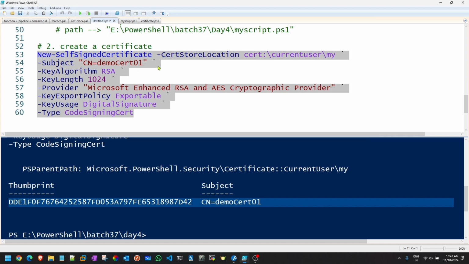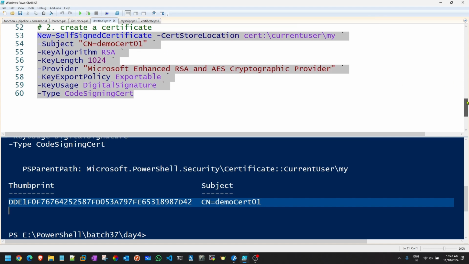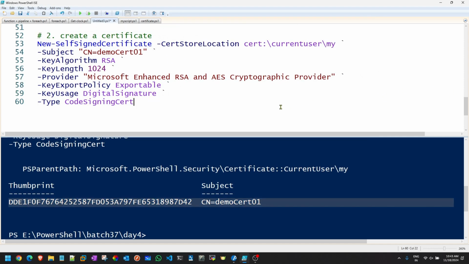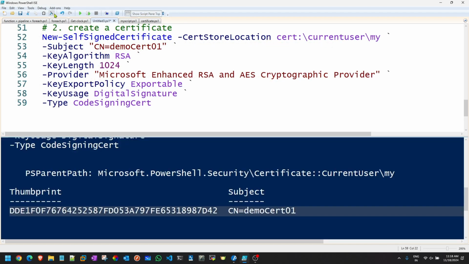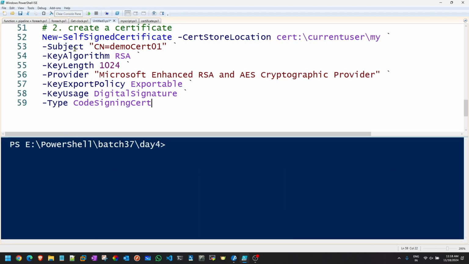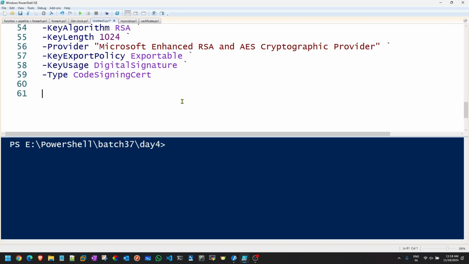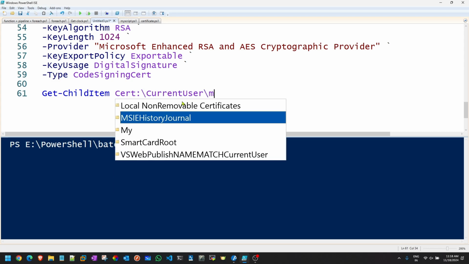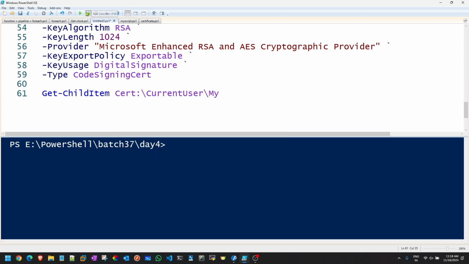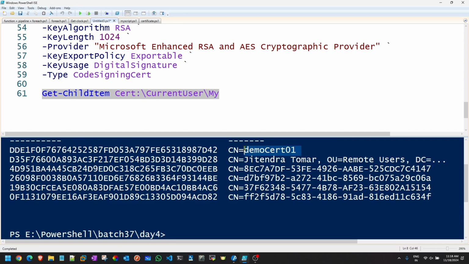Okay. So this is the code that you have to use in order to create your certificate. The command line way to check your own certificate, you can simply use the command called Get-ChildItem cert:\CurrentUser\My, and when you run this much you get your certificate over here. Clear?